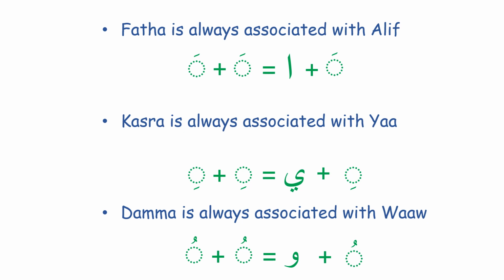To create a long vowel form of Fatha, we add an Alif right after the letter carrying the Fatha. The short sound is Ba, and the long sound is Baa. To create a long vowel form of Kasra, we add a Ya right after the letter carrying the Kasra. The short sound is Bi, and